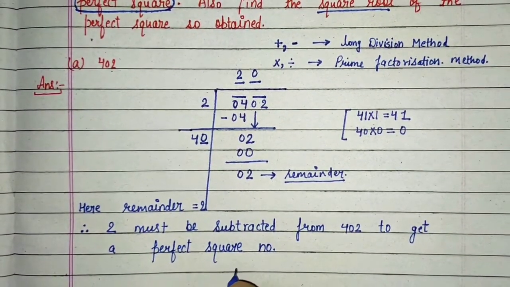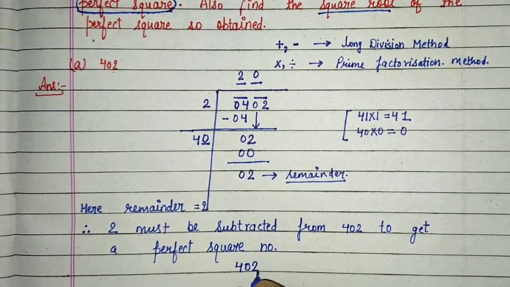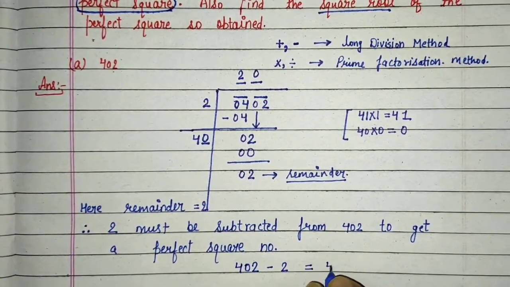Now, what is the perfect square number? 402 is our number, subtract 2, so 400